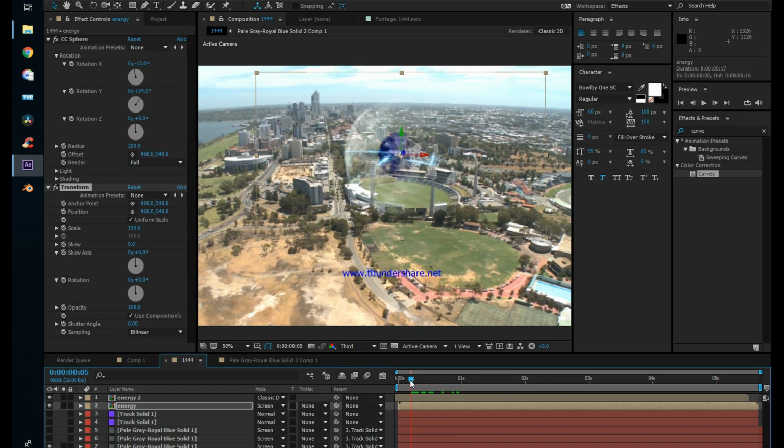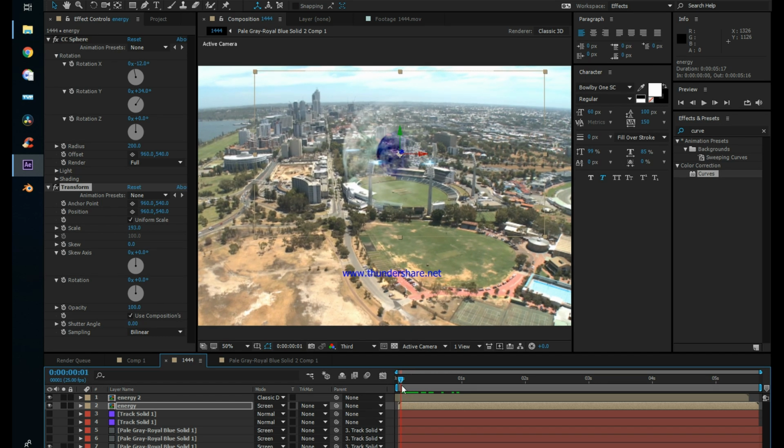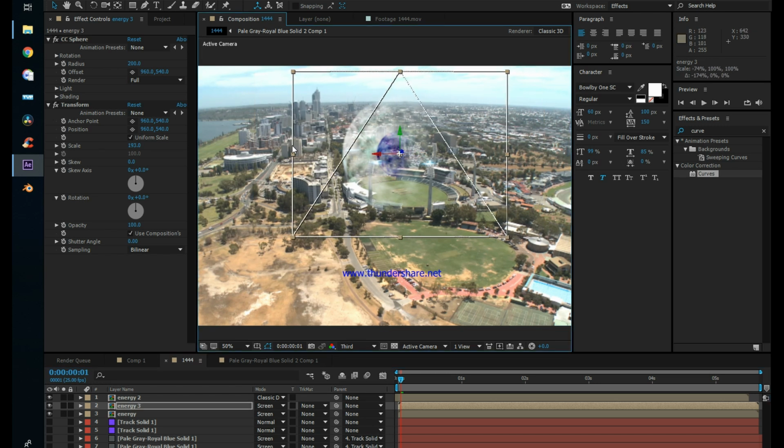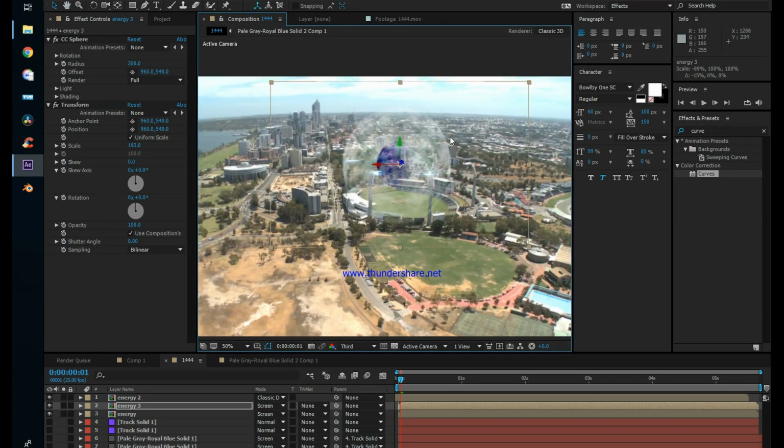And right now what I'm going to do is play around with it, and from here I'm going to duplicate another energy layer, and I'm going to flip it like this, so that I will have the energy on the inside. So we have outside energy, I guess, and also we have the inner energy kind of. Yeah, so what we'll do is